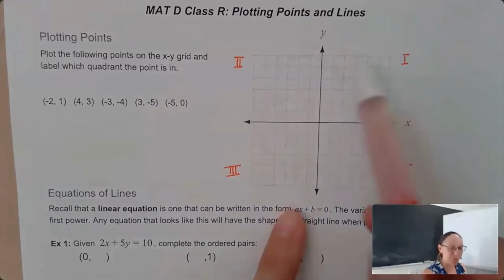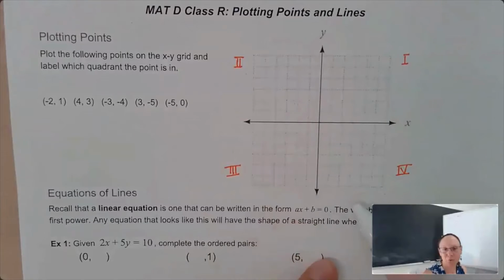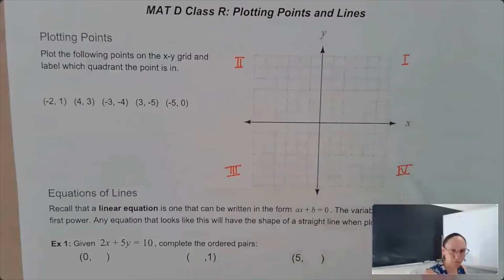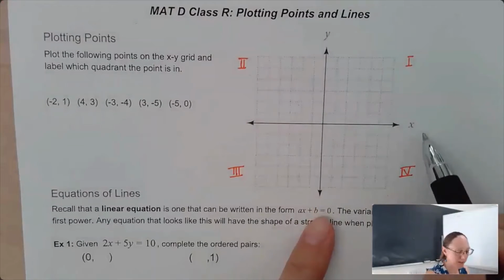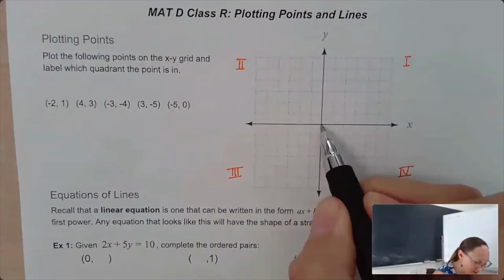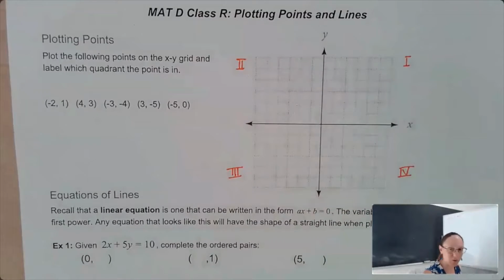So when we break our coordinate plane up into 4 quadrants, we label them counterclockwise, starting up here, 1, 2, 3, 4. Same thing that we do in trig, so same sort of numbering. Now, when we plot points, and this was kind of an arbitrary choice, but it was agreed upon by mathematicians, so that we all know that we're on the same page, we usually label the X and Y indicating the positive direction. So right here, we call this the origin, and the coordinates of the origin would be